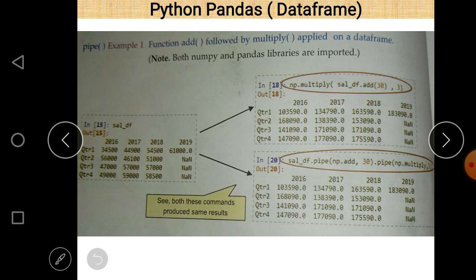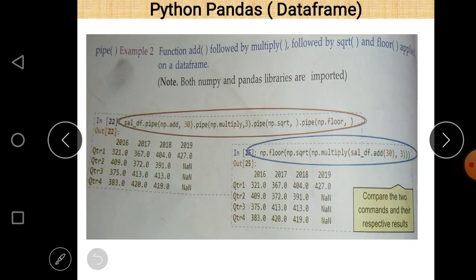So in mathematics we apply the BODMAS rule, and in the pipe function we apply the chain of commands, in which the output of the first command becomes the input for the second command. And so this is the final output.